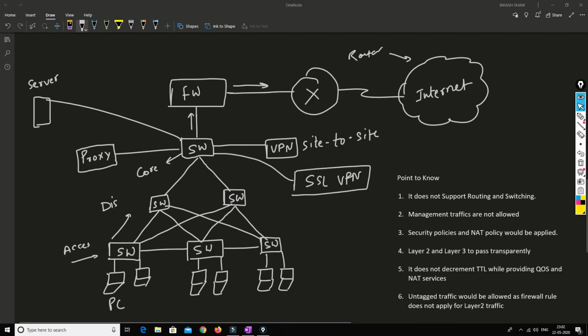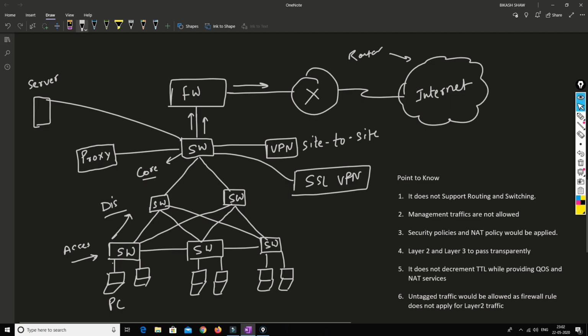So friends, first of all we'll try to understand where the firewall exactly gets placed in the network. As you see, this PC would be connected to the access switch, and the access switch again connects to the distribution switch and the core switch. After that, the inside user will exit from the inside zone and go to the internet if the user wants to go to the internet.